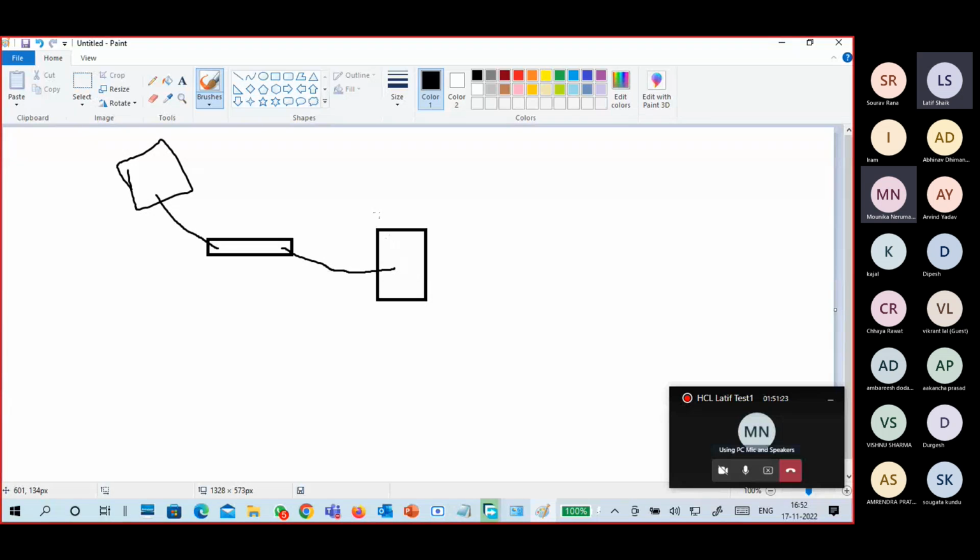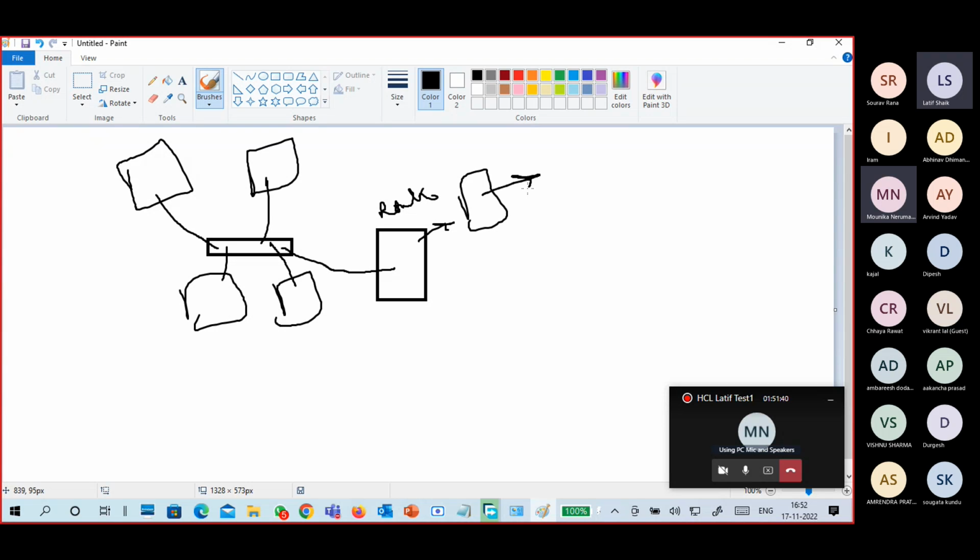The devices are connected either through Wi-Fi to the router or wired through this switch or integrated switch. The router is connected to the modem, and the modem connects you to the internet.